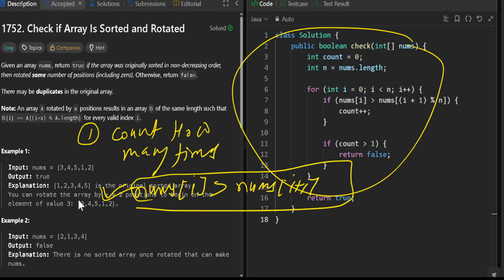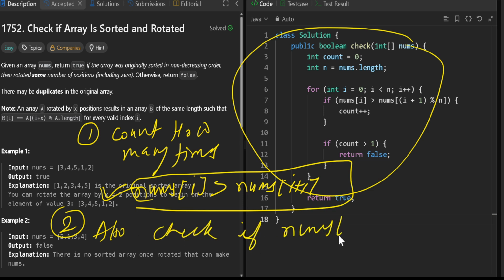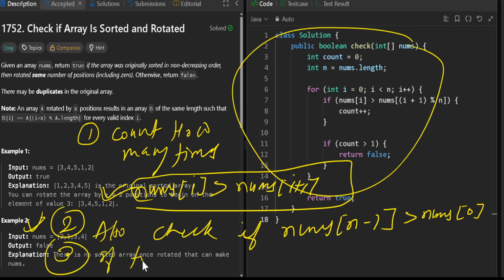Then we will also check if nums[n-1] is greater than nums[0]. That will also help you. Then check if the total violation is less than or equal to 1. If it is, then it is valid. Otherwise,